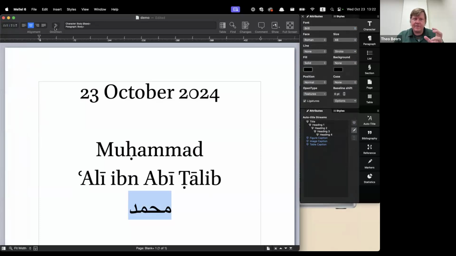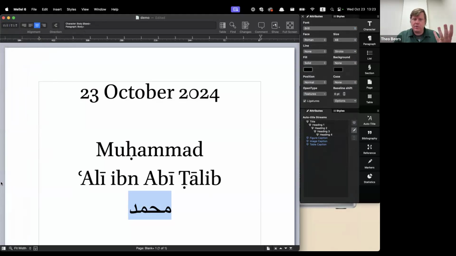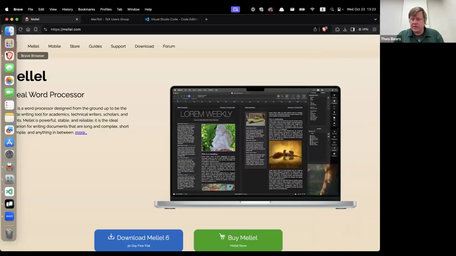You can mix right to left, left to right. The text direction button on this one is always available right here. So even in the middle of the line, you can select a block of text and say, this block is right to left, this block is left to right. So it allows fine-grained control beyond what's sometimes available, and what can sometimes be frustrating to deal with,